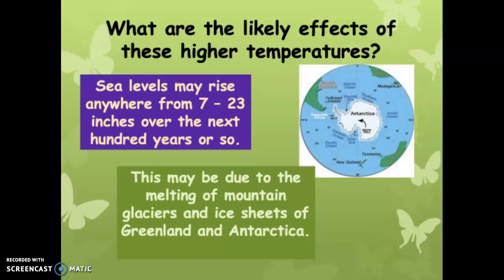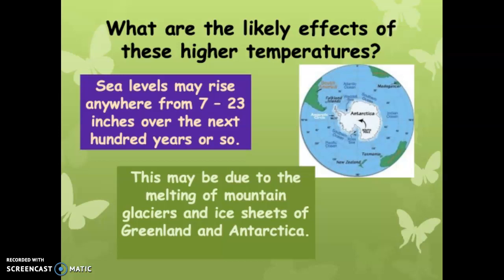So I just want to recap one more time the likely effects of higher temperatures on Earth. Due to us using more fossil fuels and other human activities that are necessary in some ways, such as livestock and agriculture for growing plants, and many factories that build a lot of items that we need, we are increasing the amount of different greenhouse gases in the atmosphere, trapping more of the sun's radiation, causing higher